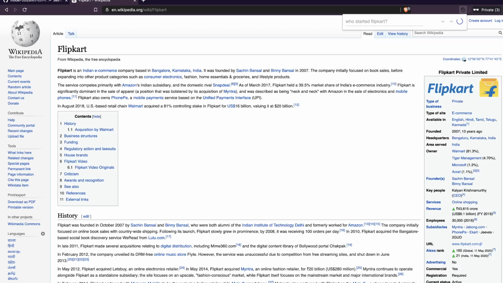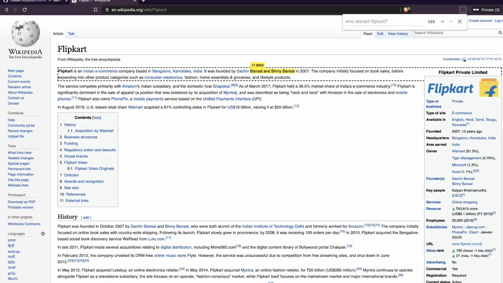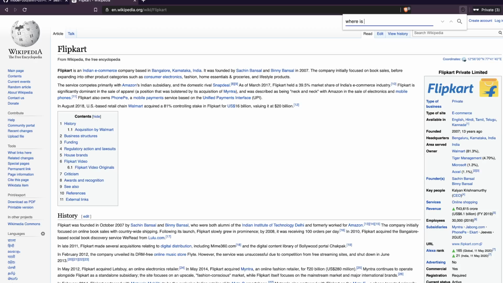And so we've got the answers, and it has highlighted that it was started by Sachin Bansal and Binny Bansal. So we can probably ask a different question now. Where is Flipkart located? Let's see if it gives something relevant to this. Not sure if this answer is on this page, but let's see.